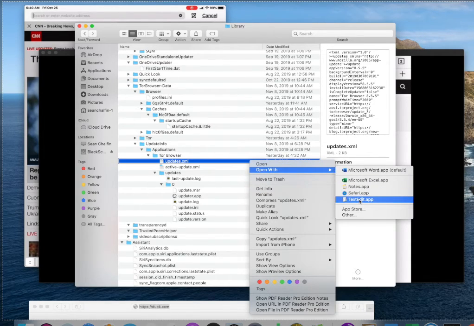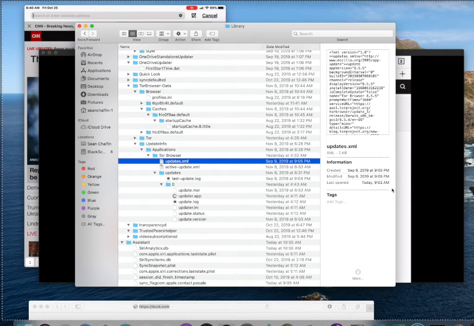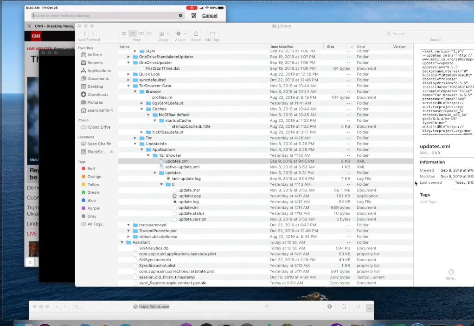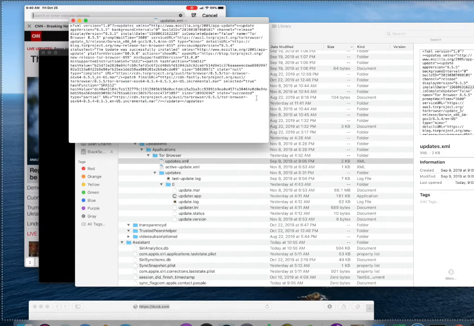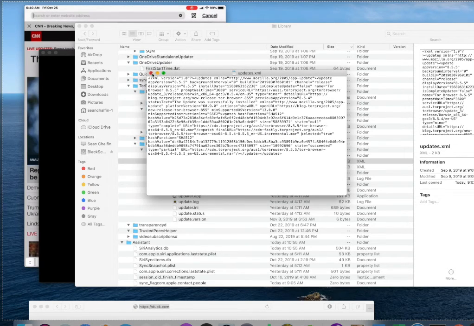If we open this up with the text edit file, you can see that FASTLY injected content into this .mar file right here. Now that was September 9th.